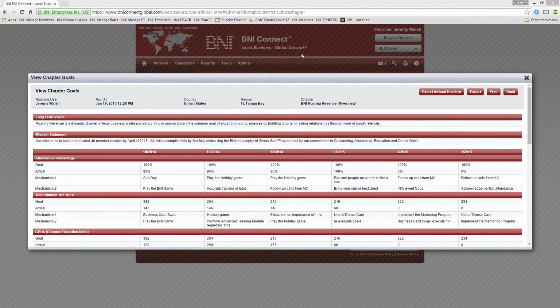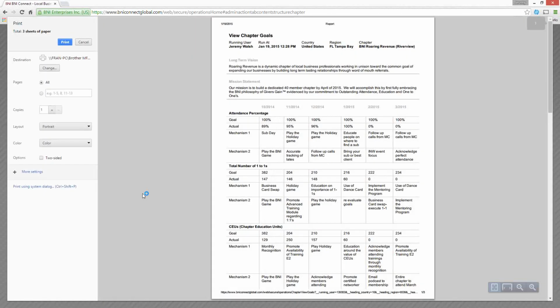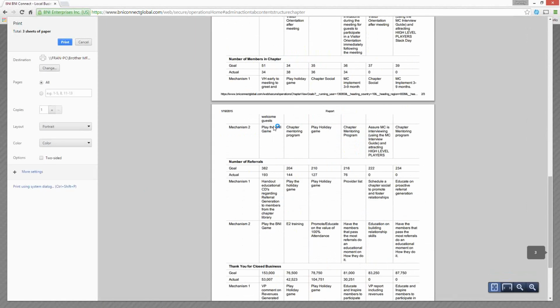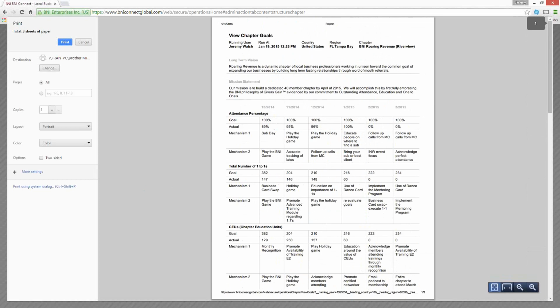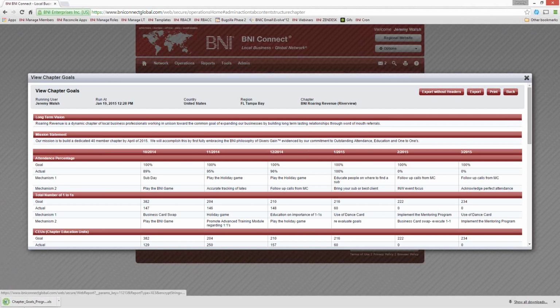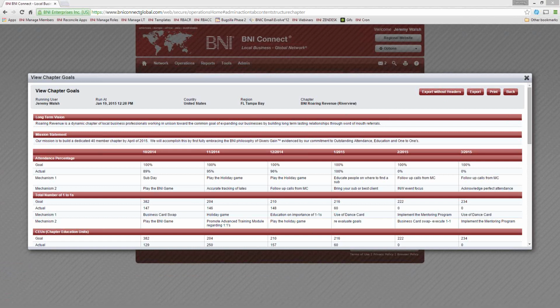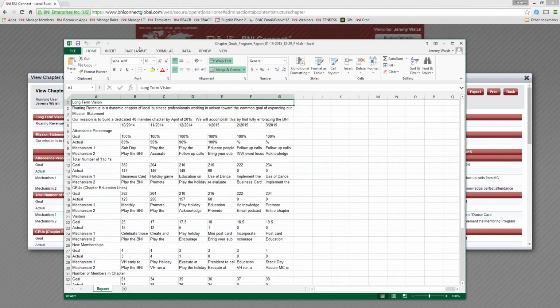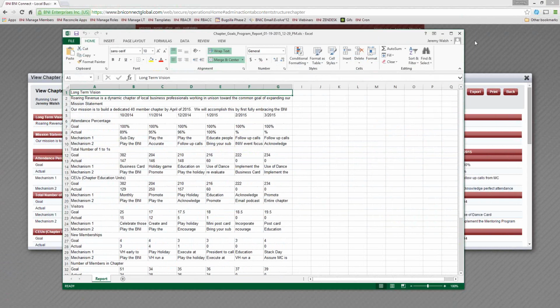And this is the chapter goals. And of course, once you get here, you can print this out. If you find that you'd rather work on this offline as well, you can always take this report here and export this to Excel, which might make it easier to work offline in order to input the various mechanisms.